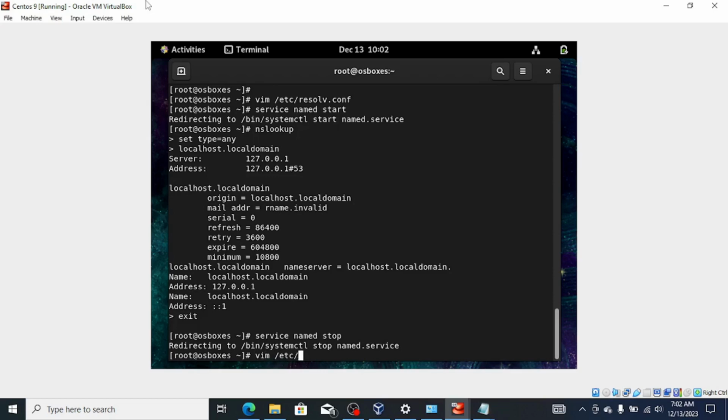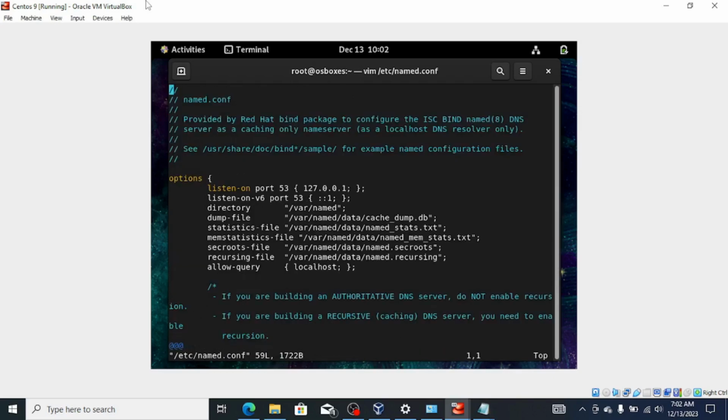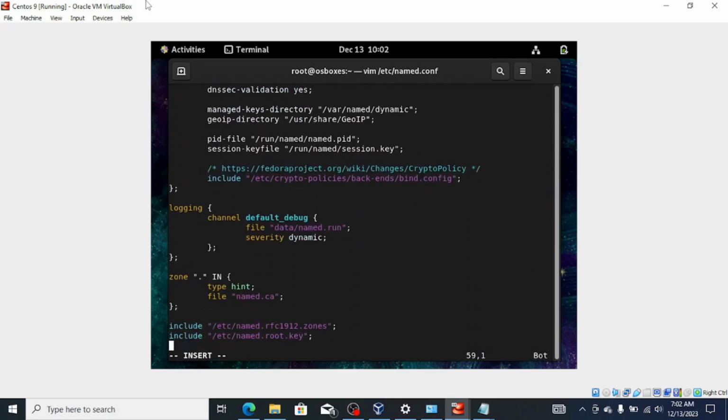So we say vim /etc/named.conf. Once we're in there, we press I to insert, and then we scroll all the way down. Once we are at the bottom here, we can then create our own zone. So notice here, just on top of the includes, we can create a zone, and then in quotes we'll say swashi.org, and then we'll say in,